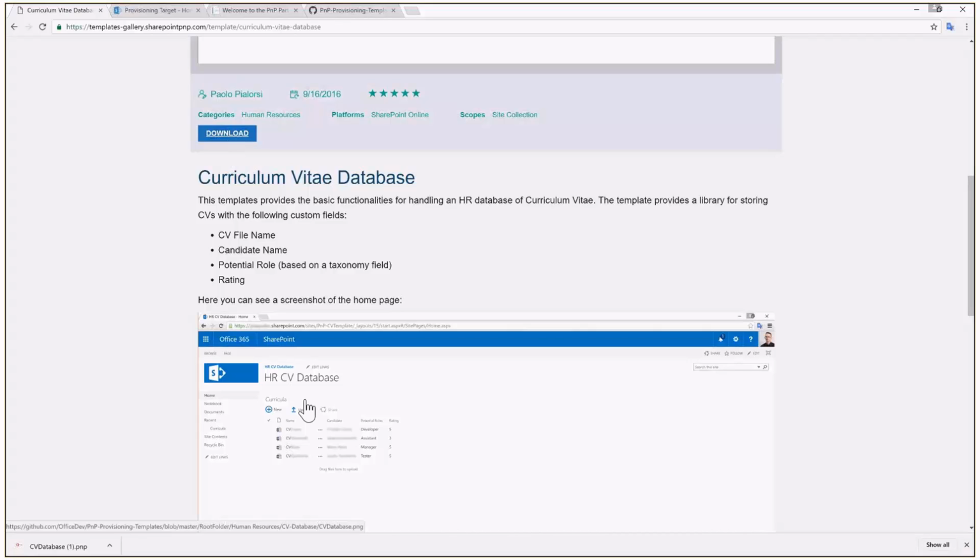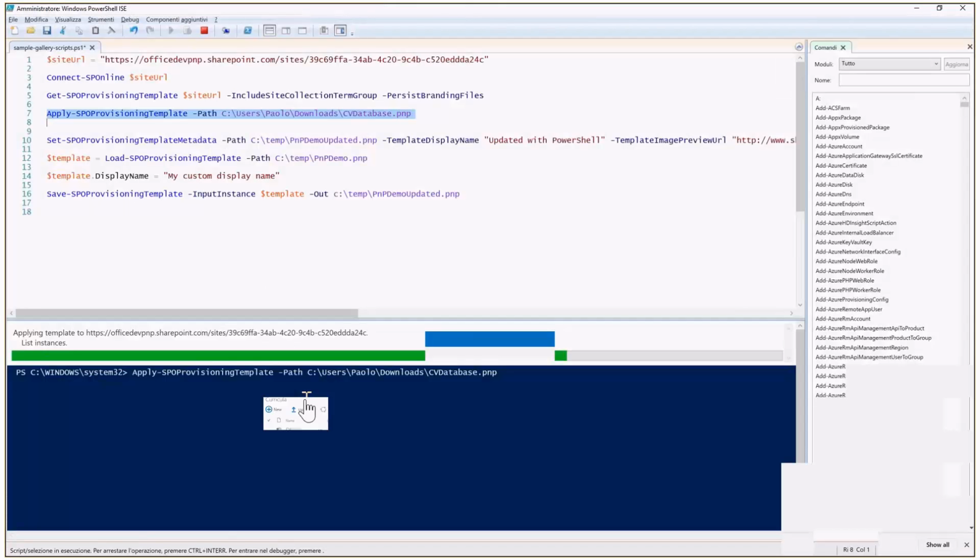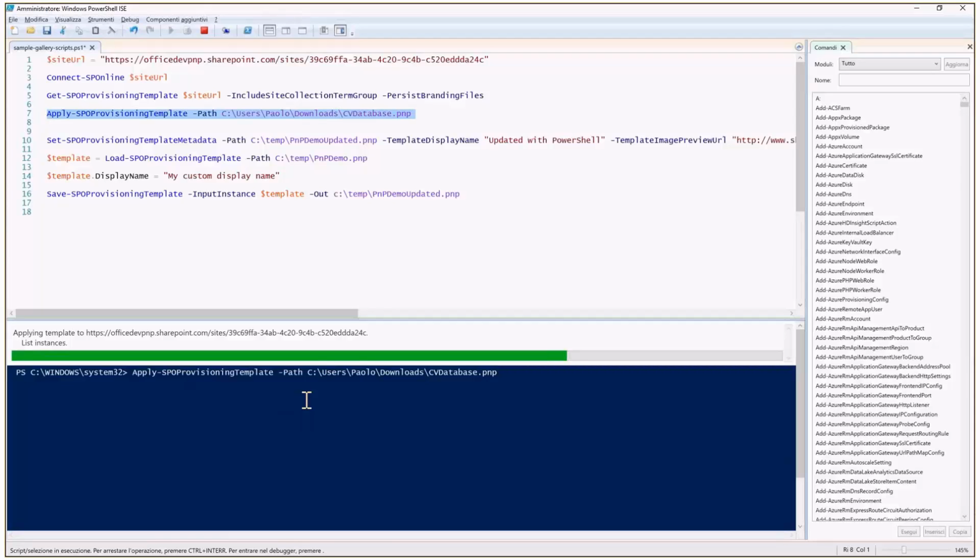So, one thing, Paolo, just to clarify on the PowerShell side. Not all of the people might be familiar with the Apply-SPOProvisioningTemplate or Connect-SPOnline. So, just making sure that we mention that these are part of the PnP PowerShell. These are not native SharePoint Online management PowerShells. So, if you want to use the engine, you need to install the SharePoint PnP PowerShell commandlets to your machine. Exactly. And you can get them from PowerShell just using the Install-Module cmdlet, providing the SharePoint PnP PowerShell